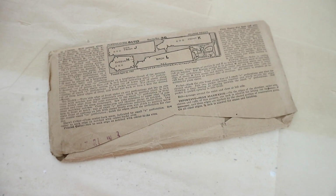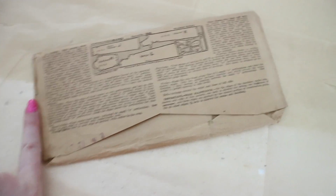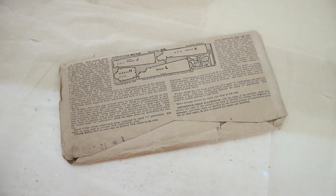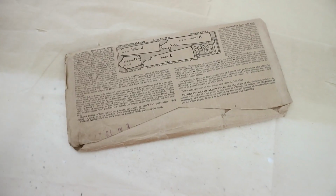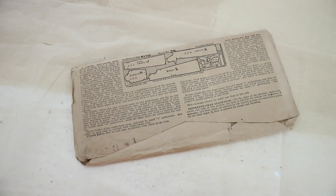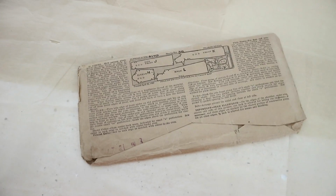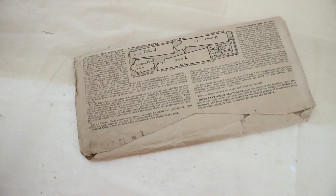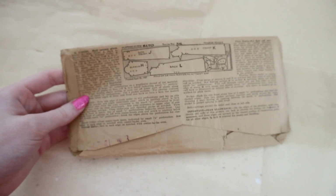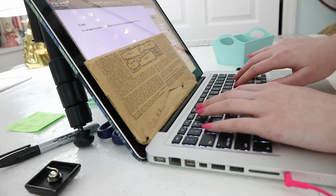So these instructions are incredibly complicated. There are a lot of words there, okay? And there are a lot of steps and they're not separated by spaces and it's very difficult to follow. So I think what I'm actually going to do is type this out into Microsoft Word or whatever Apple's equivalent of that is, step by step. Because for this project, I do actually want to follow the instructions that are provided. I think that's part of the interest in doing this. So I'm going to type this up and hopefully that will make it easier to follow. As you can see,